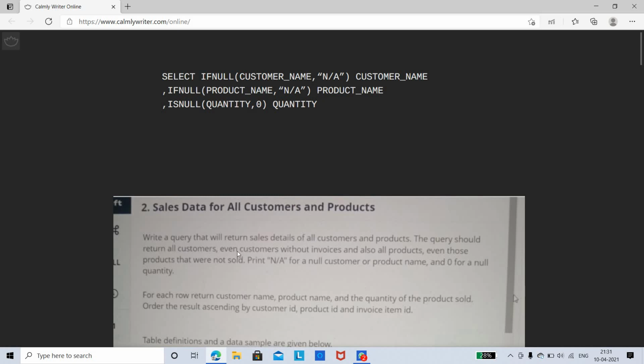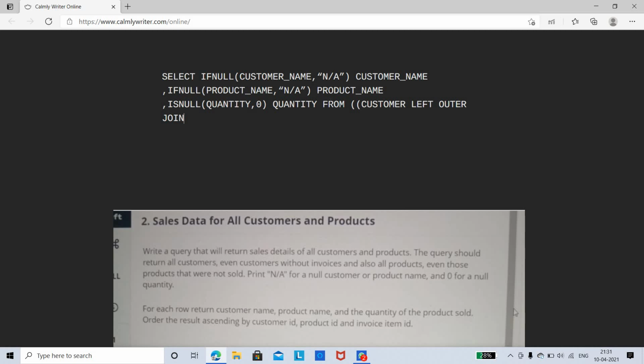So you need to return all the customers, even the customers without invoices, and also all the products, even those products that were not sold. Then after that, first you're going to join the tables. From, the first thing is customer. Then you're going to left join. So you can perform left outer join. First, customers without invoices. So left outer join invoice